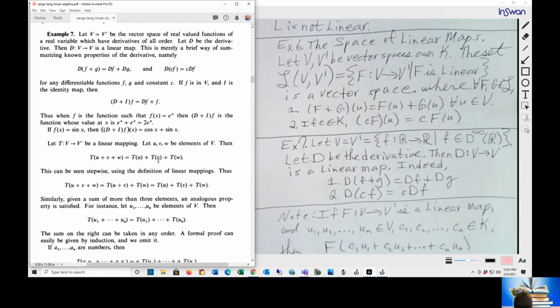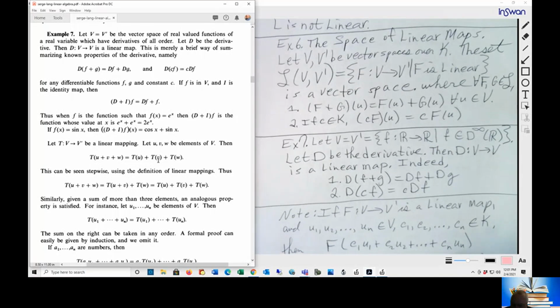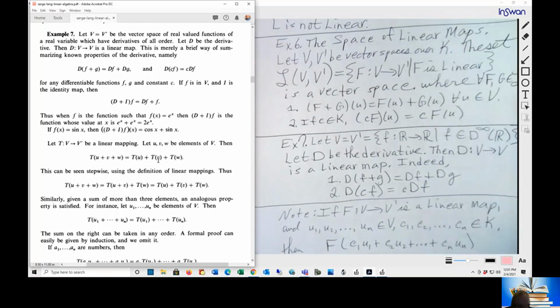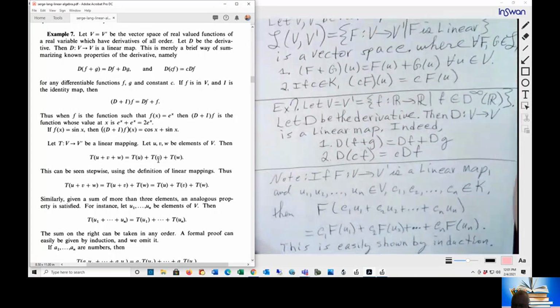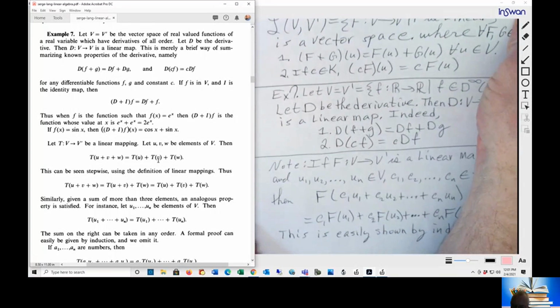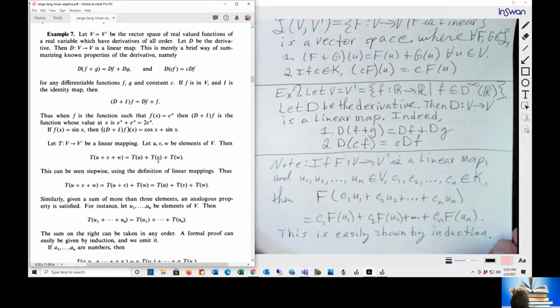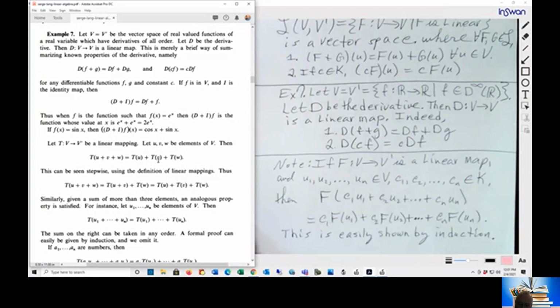So we can now generalize the definition of a linear mapping from not just using two vectors and one scalar, but we can use n vectors and n scalars. Note, if f from V to V' is a linear mapping, and if u1 through u sub n are vectors in V, and c1 through c sub n are scalars in field K,